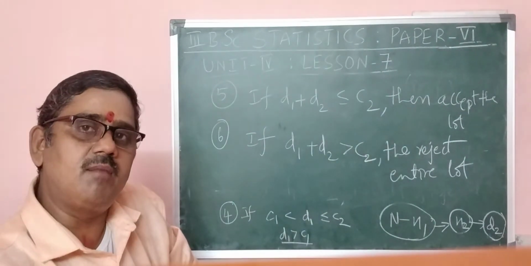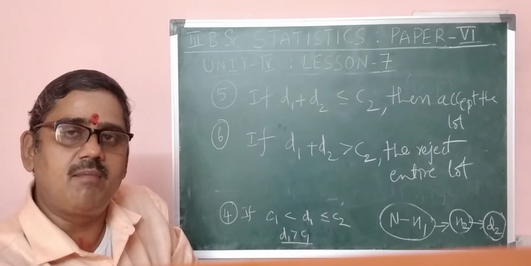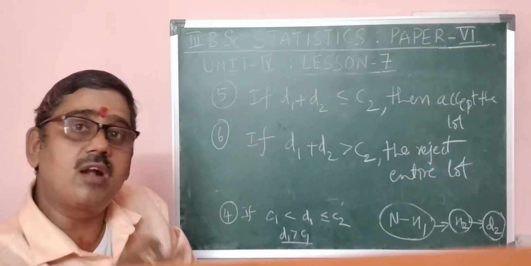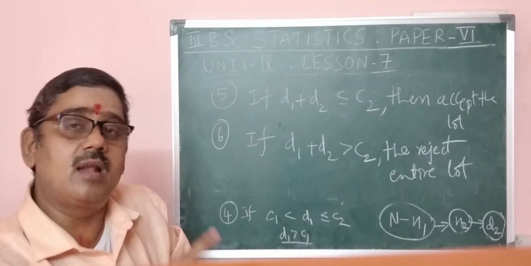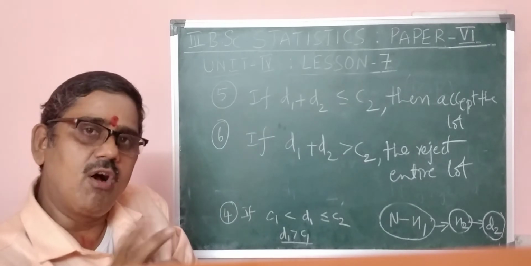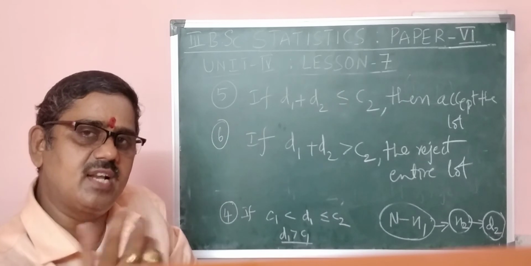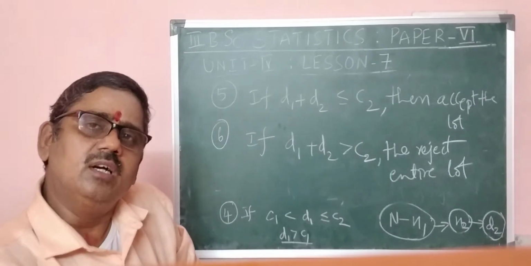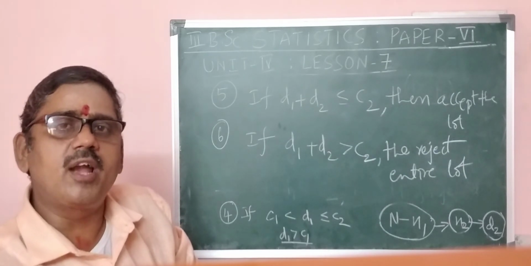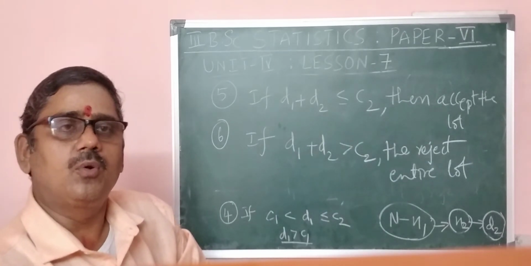When do you consider a first sample? When do you accept the lot based on the first sample? When do you go for the second sample? When do you accept the lot based on both the combined samples? And when do you reject the lot? These are the important points to be kept in mind to calculate everything,